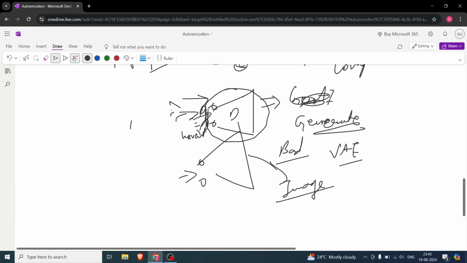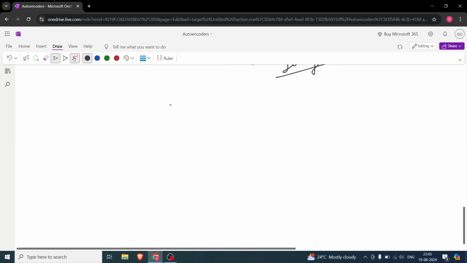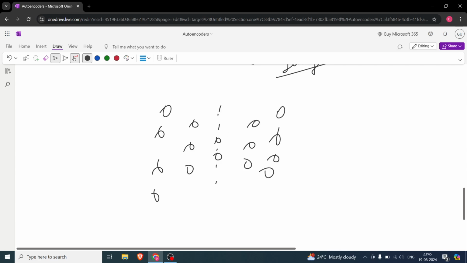Now, how do you train it? Simple. This was the encoder part, and this is the decoder part. Mostly it's going to be symmetrical about this point. Whatever is the architecture here, the opposite architecture here is perfectly symmetrical. Obviously the last neurons have to be the same. So let's say you gave inputs over here, you want to get the same output over here also.